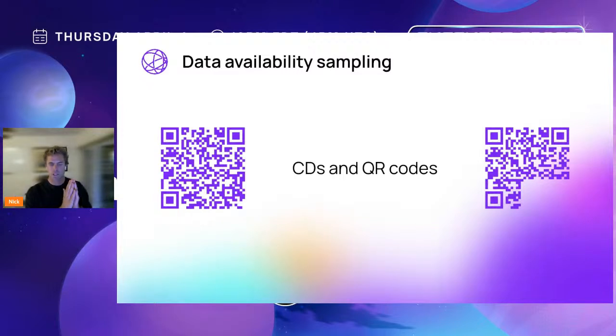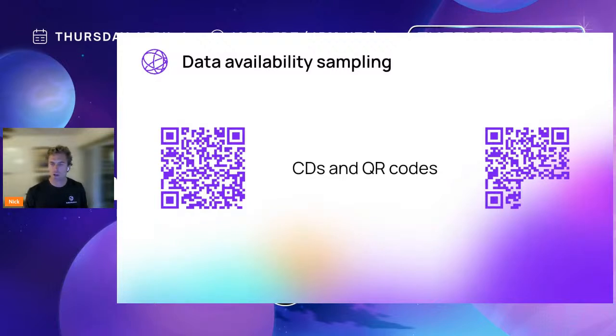So let's say we extended the block by 2. You need to hide 50% of the overall block to hide any of it, right? So all of a sudden you have this property that if you're trying to hide data, it needs to be a large amount. Now what you layer on top of that is a sampling scheme where you choose random chunks of that block to sample and say, hey, block producer, give me that data and let me make sure that it's there. And every time the block producer is able to respond with a proper sample, you become more and more confident that the block data is actually all available.